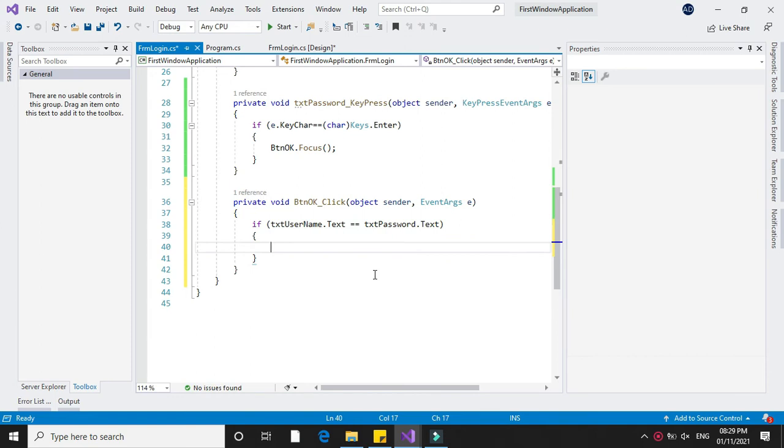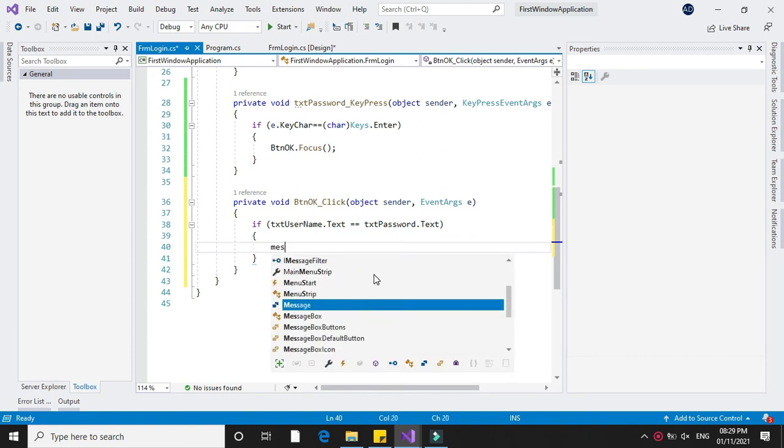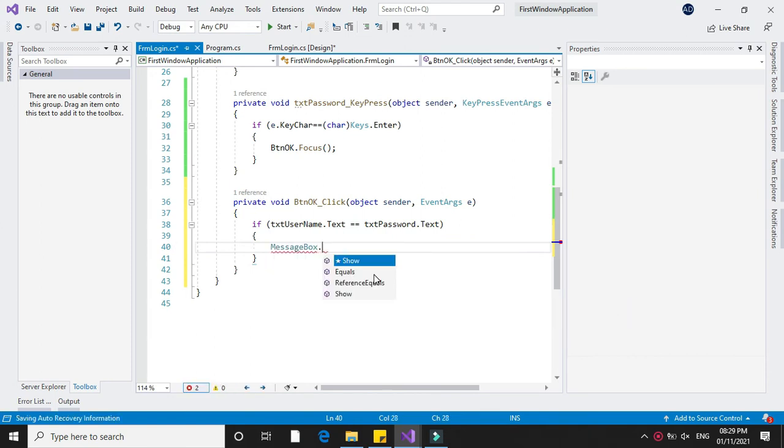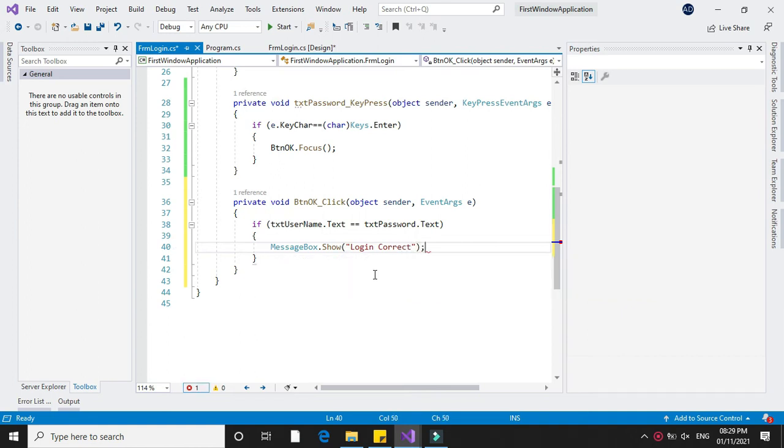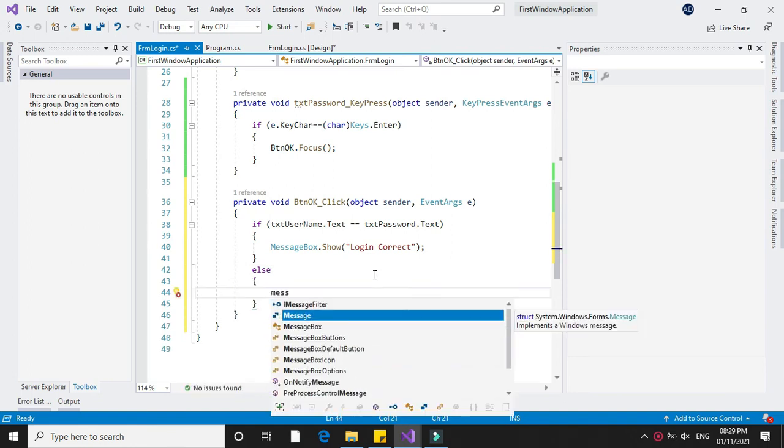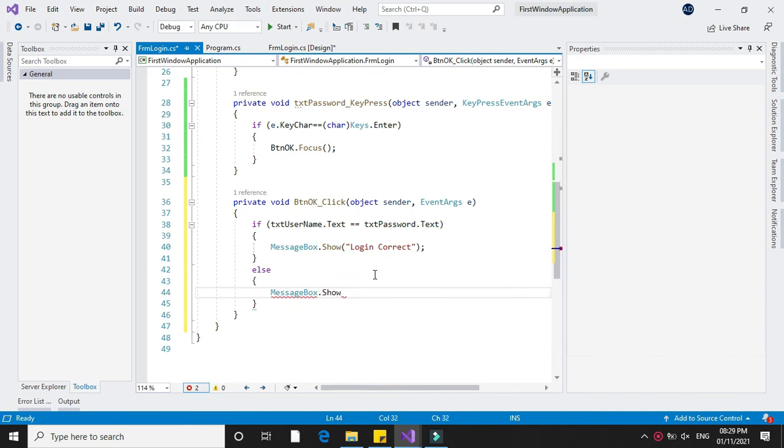It will print message box dot show login correct. Else it will print message box dot show incorrect login.